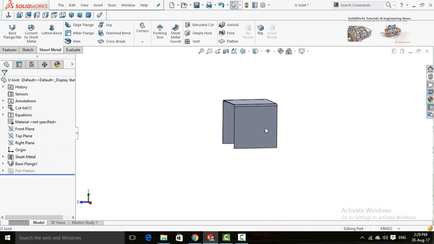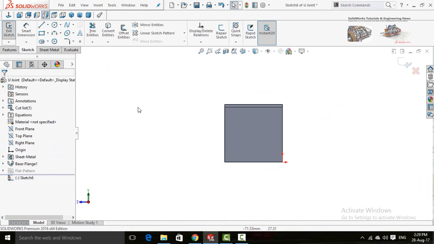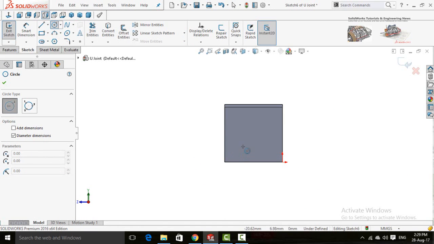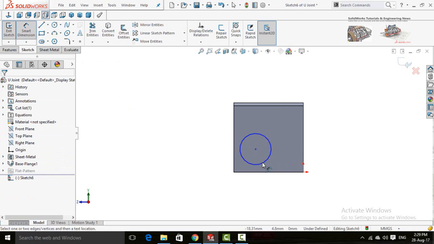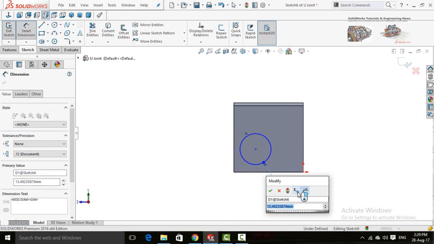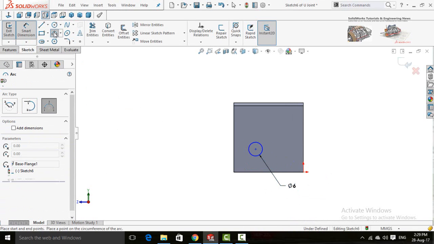Now click on this face and sketch on it. Make normal to, draw a circle, define it 6 millimeter, then draw an arc.